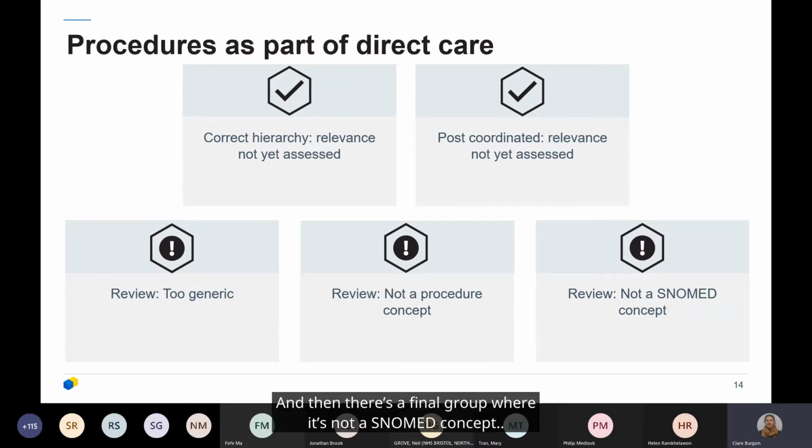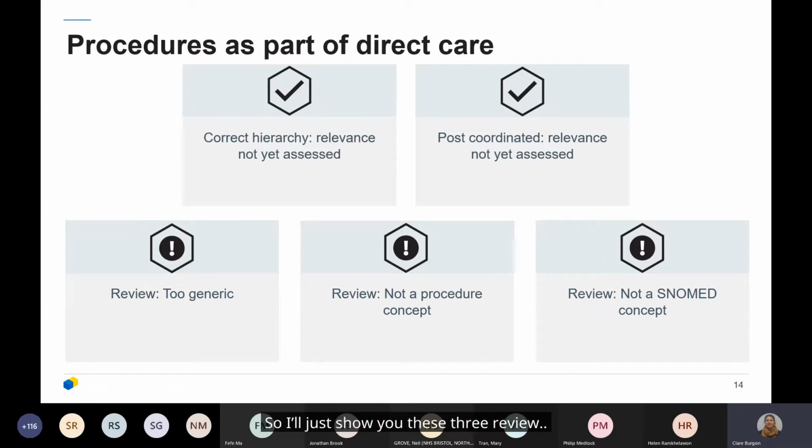And then there's a final group where it's not a SNOMED concept, either because you've given us READ or CTV3 by accident, or perhaps something has gone wrong in terms of the code that you've given us. So I'll just show you these three review buckets in a little bit more detail, and then we'll jump into